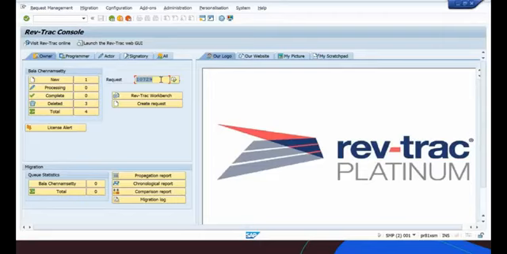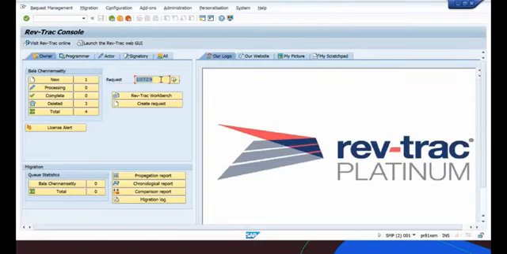All the transports will come under one RevTrack request. This way we won't miss any transport request. While moving to production, we will give the RevTrack request. Indirectly, all related transport requests will move without missing.